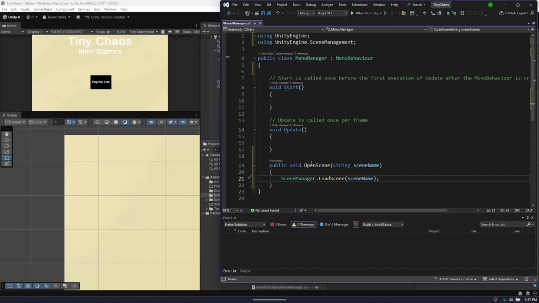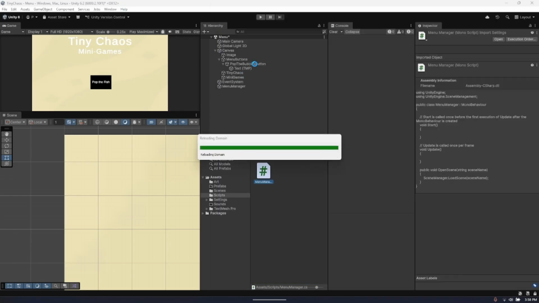Okay, so let's go over what we said again. This is public so that the button can access it, and we're going to open the scene. So this is which scene we are opening. The scene manager will load the scene once it's been given a name. Okay, so we can say that's fine. We can save that. And now if we go back to our button where we had dragged in the menu manager game object,